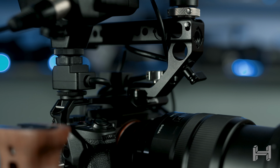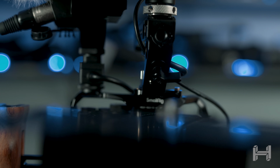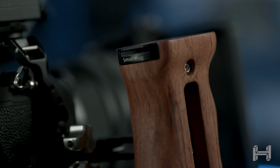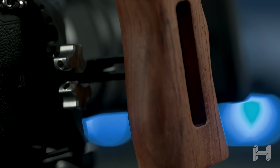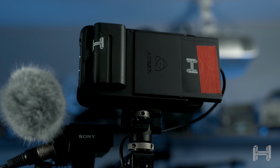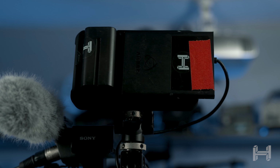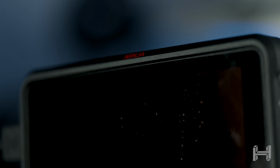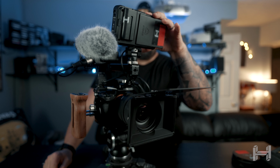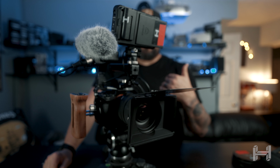Next up, you're going to see I have one of these cages on here. It's a SmallRig cage going around. I have a SmallRig little side handle, and I have the Atomos Ninja V up top. I can shoot ProRes RAW to this. I'm typically not shooting ProRes RAW. I'm typically shooting internally to the cards on this and using just ProRes to this in HD as a backup